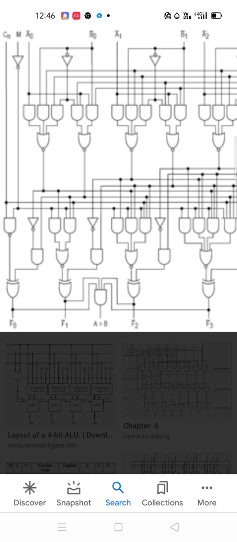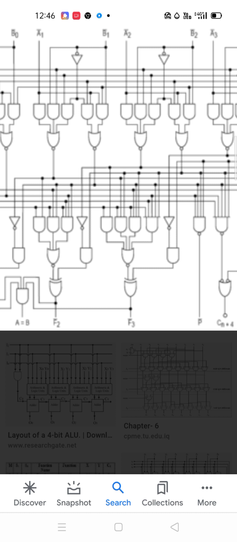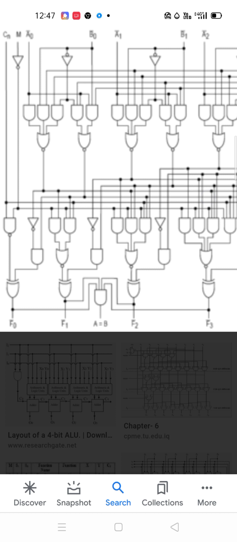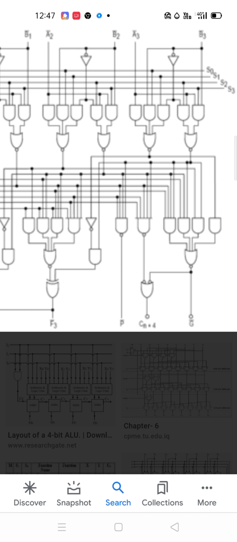It is given by the first operation, function 0, function 1, function 2, function 3 operation results, which are put in here, and finally you have the pinout for those things, and the reset control signals at the top. These are the status bits. C is the control, and M is the operation kind of thing. What is the opcode that is given? So C is control, M is the operation code, and A and B are the registers where you want to do the operation. S1, S2, S3, S4 are the status, or the opcode that is given.